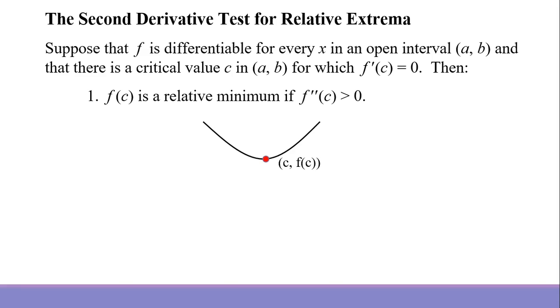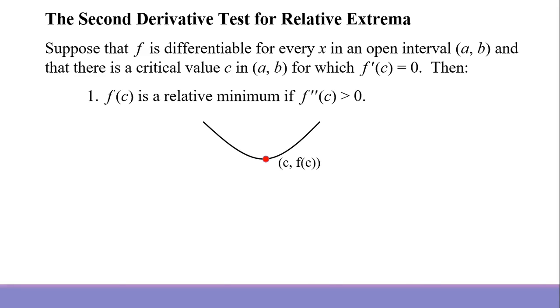In other words, if at that critical value our second derivative is positive, that means that our function is concave up. And the only way the function can be concave up through that critical value is if the critical value